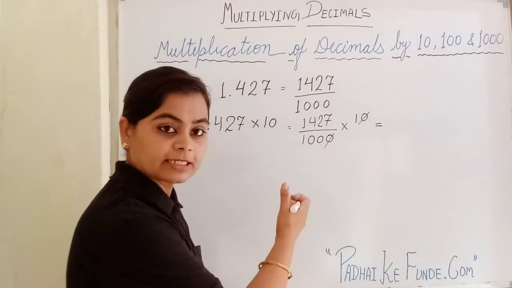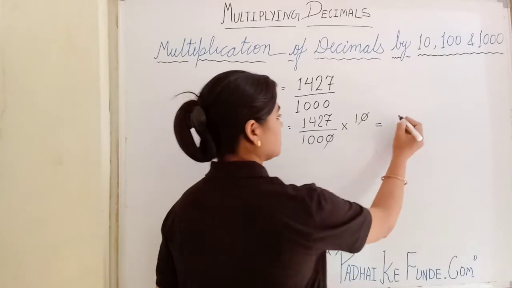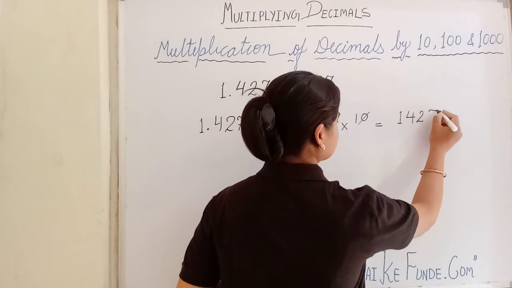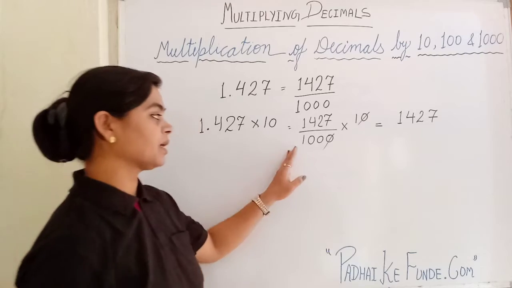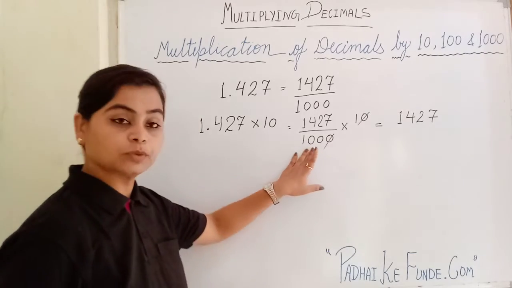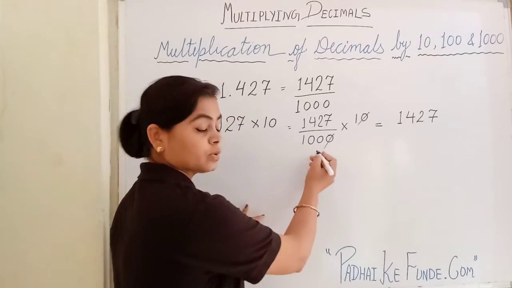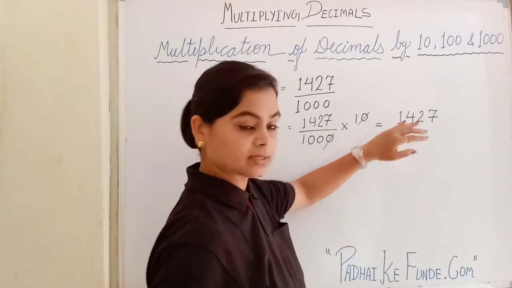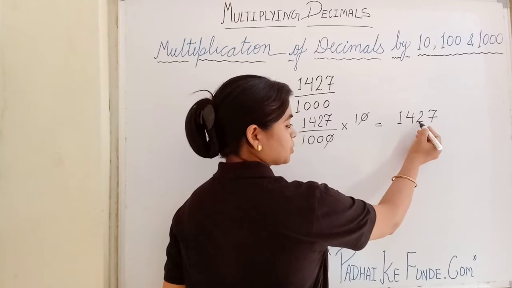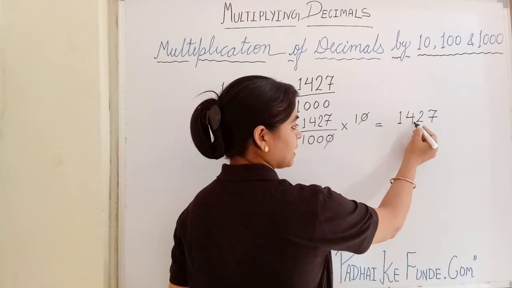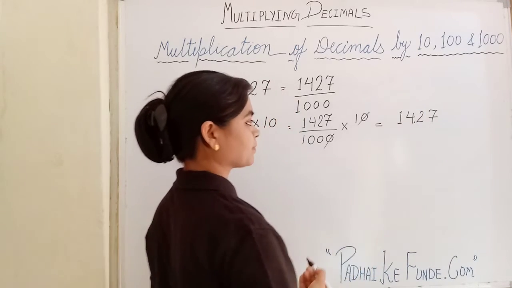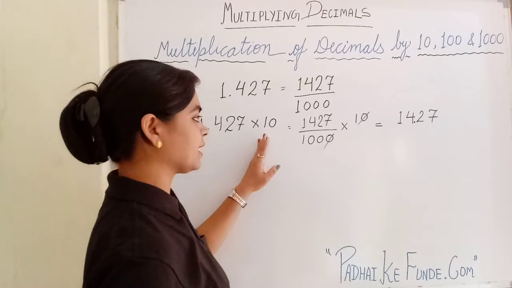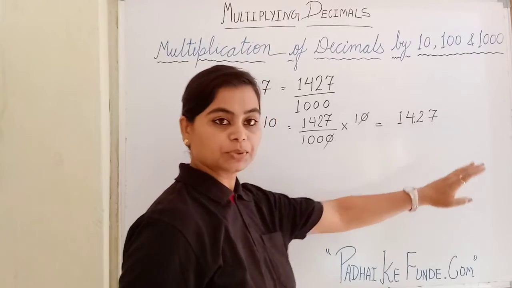So I am going to convert this fraction again into the decimal form. Again I will write all the digits here without any decimal. So here in the denominator we have 2 zeros now. 1, 2. So in the final answer, from the back side I will count 2 places. 1, 2, and after the second place I will place the decimal, that is here. So when I multiply this 1.427 with 10, then I get 14.27.